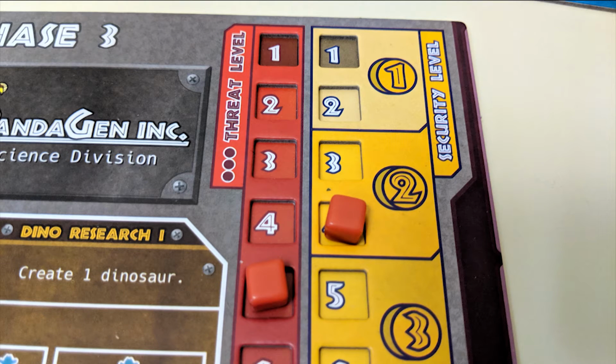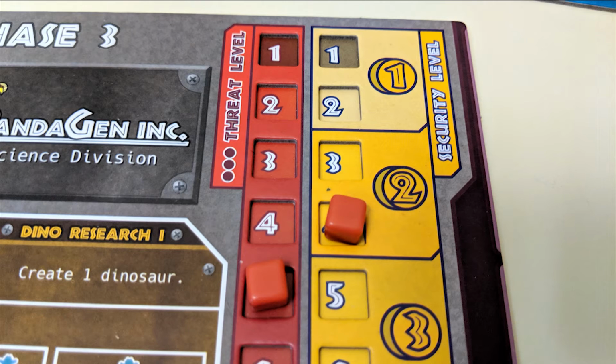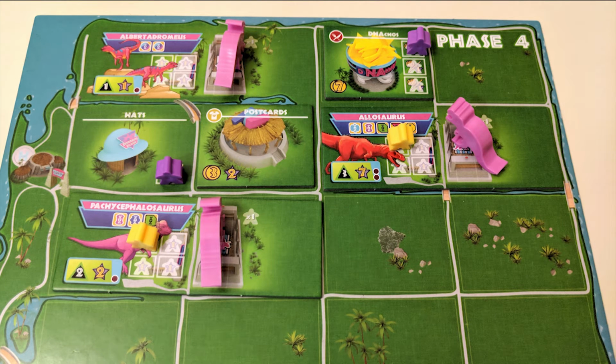Next, check your threat and security levels, keeping in mind how much has been added to your current threat level by the remaining research phase die from earlier. This number doesn't actually move the cube up on your track, it just stays in your head, so remember it. If your threat level is higher than your security level, then you lose a number of visitors in your park equal to the difference between the 2 tracks. Because, dinosaurs eat them. Remove that number of visitors from your park, starting with the patrons, then hooligans, then anyone